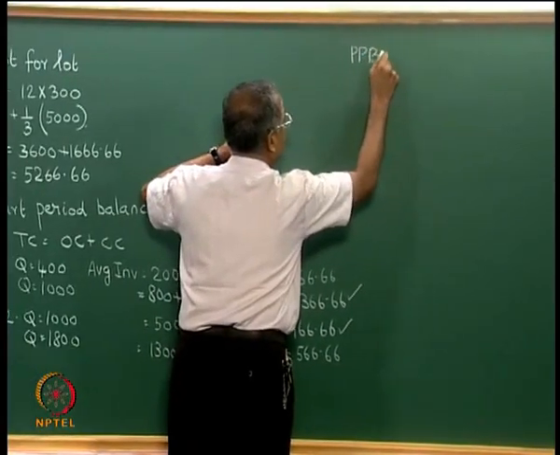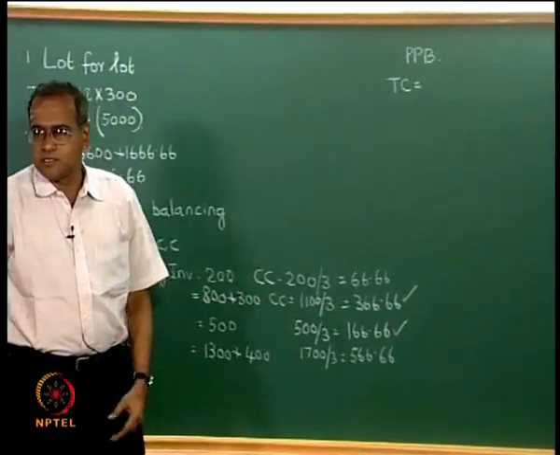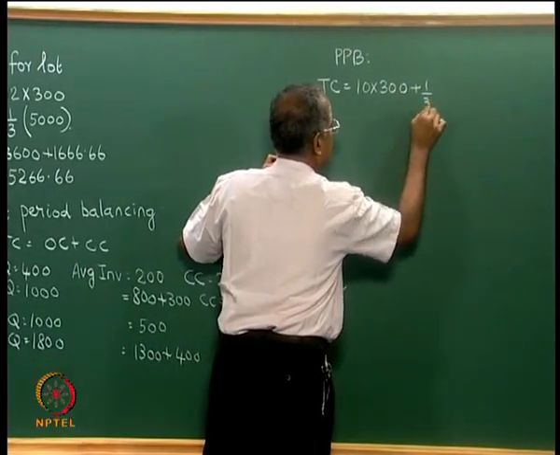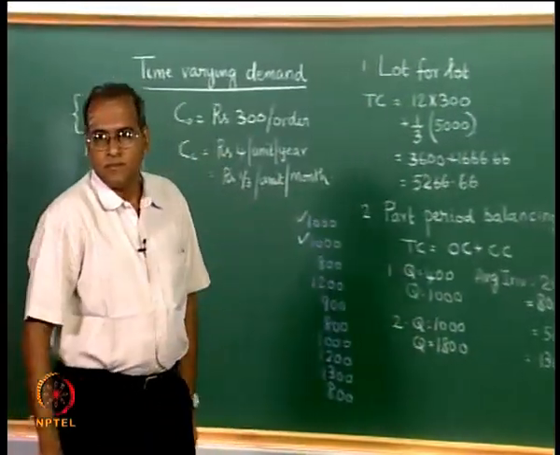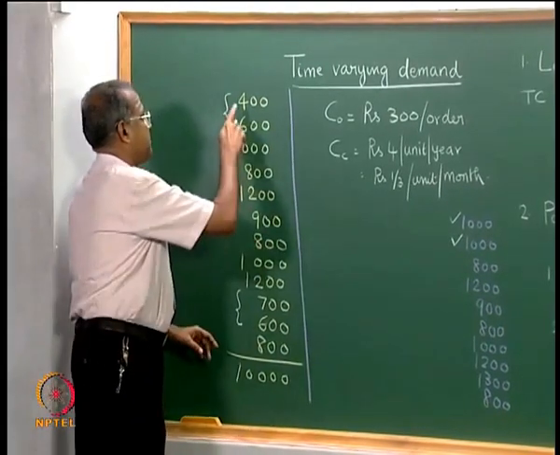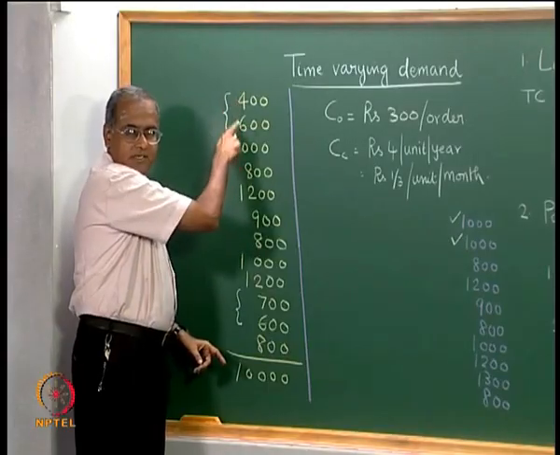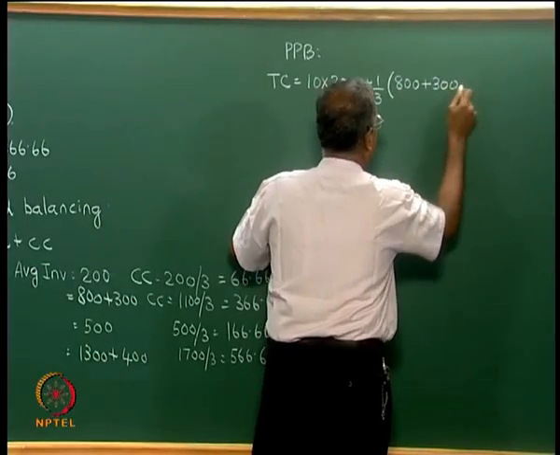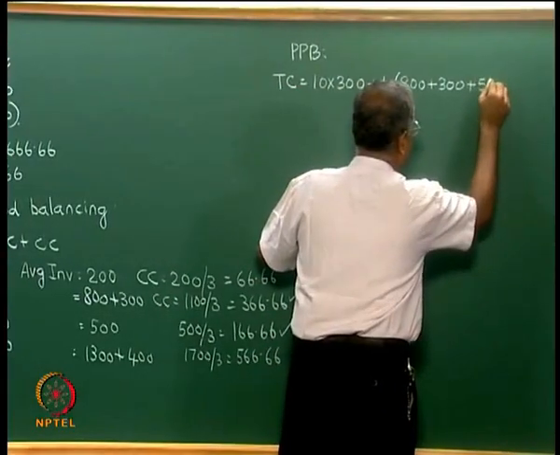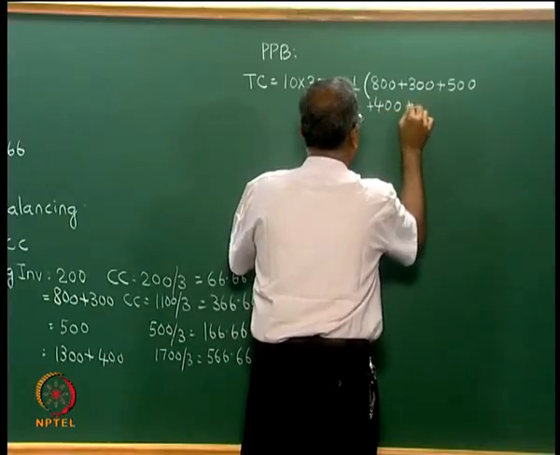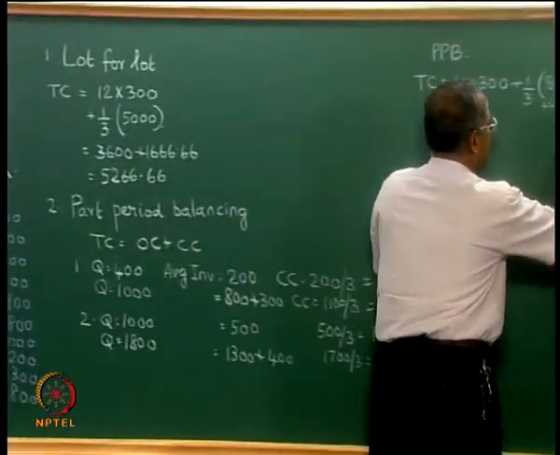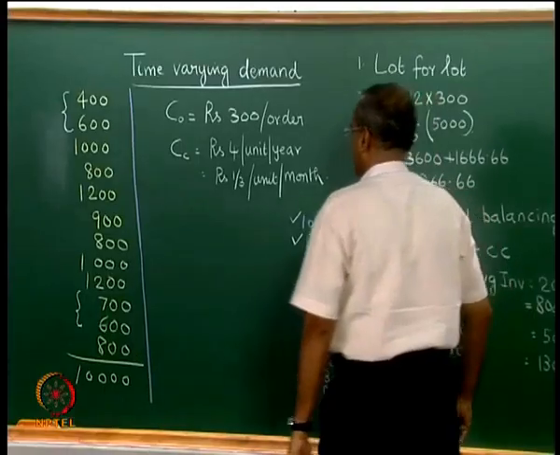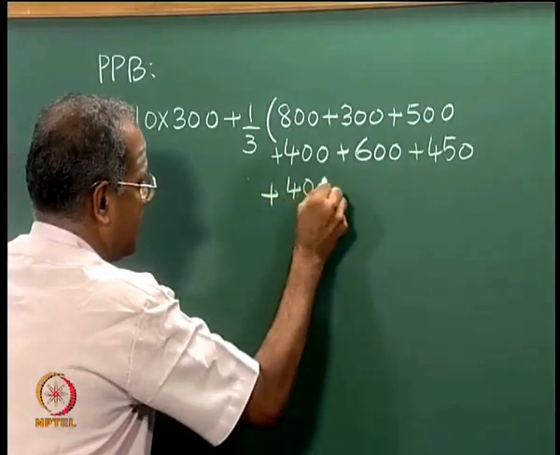So PPB cost is equal to, there are 10 orders, so 10 into 300 plus 1 by 3 into, so here first period is 1000 plus 600 divided by 2, so this is 800 for the first period, 300 for the second, third will be 500, fourth will be 400, fifth will be 600, sixth will be 450, 400, 500, 600,